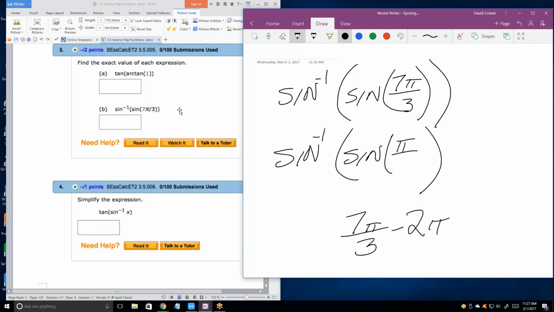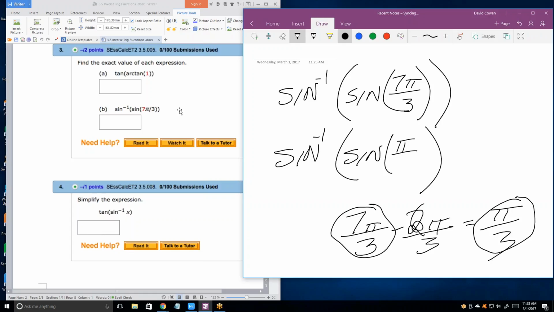Well, I'm going to change the 2 pi into 6 pi over 3, so I have a common denominator. Now 7 pi over 3 minus 6 pi over 3 is 1 pi over 3. So pi over 3 is the same as 7 pi over 3. Okay? So really, my problem,